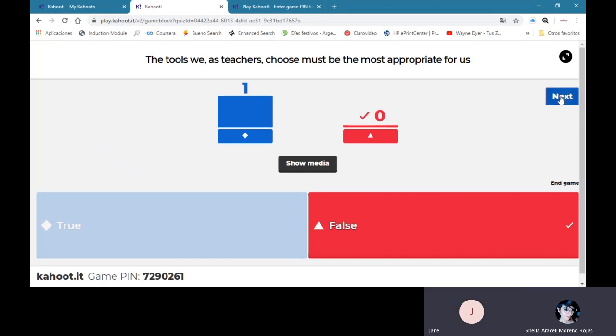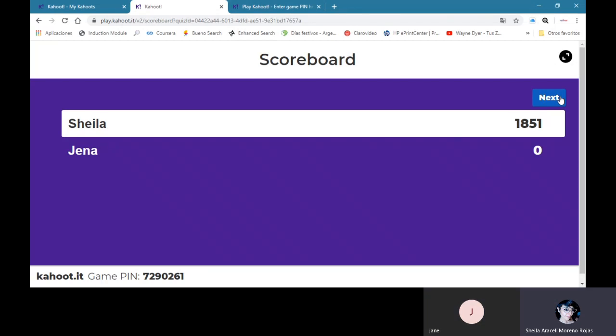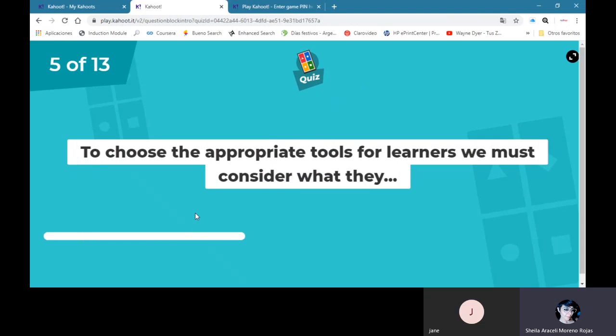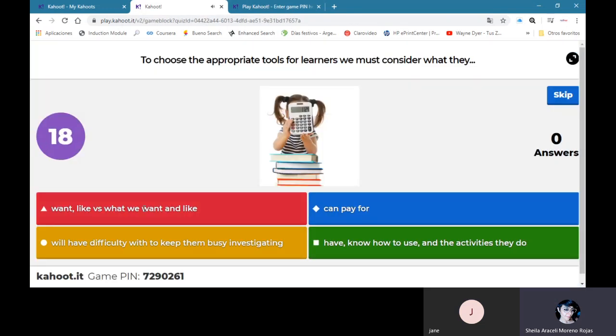Okay. So well, let's go to next. Then I see the dashboard again. And then question 5. To choose the appropriate tool for learners,